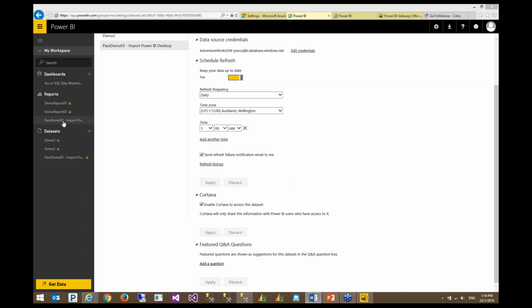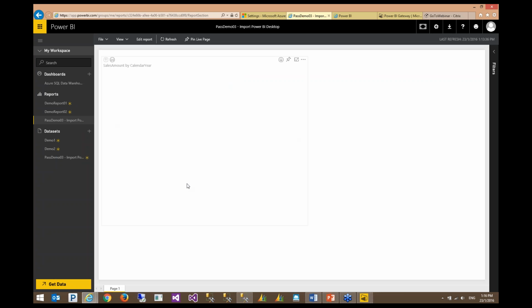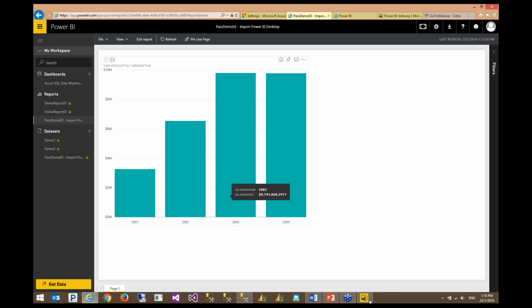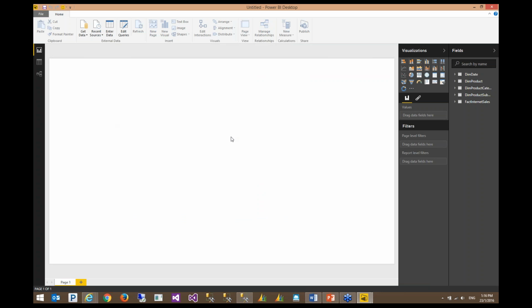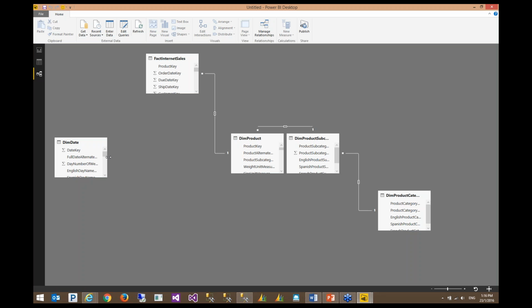And as you can see, my report is already loaded here. And yep, finally our first data import is connected. I'm just going to show you what is automatically detected in the relationships view.